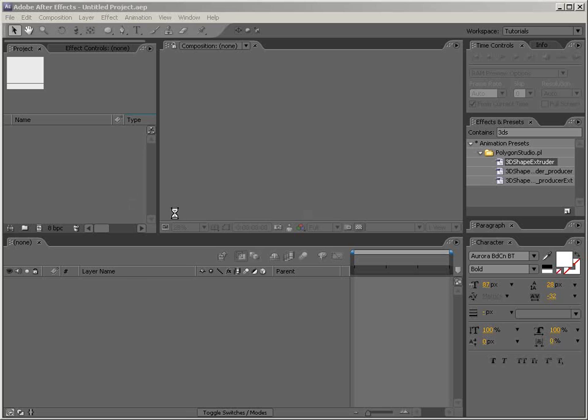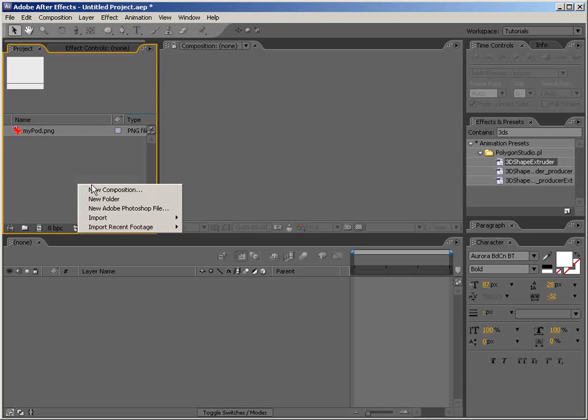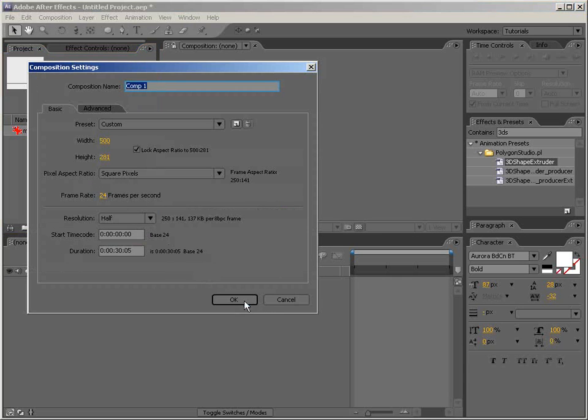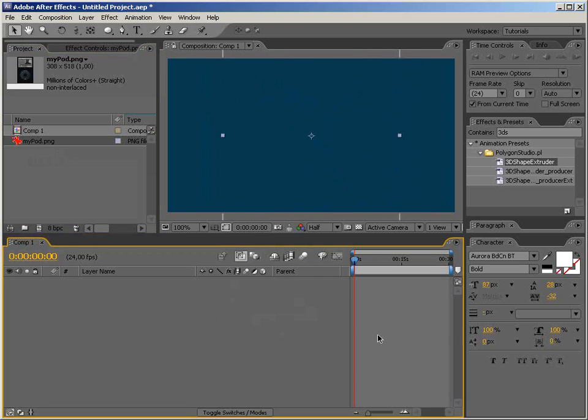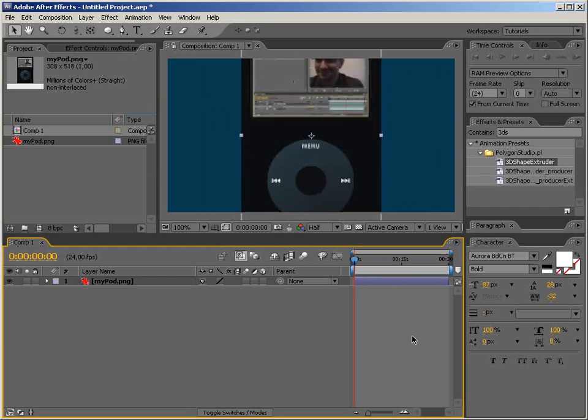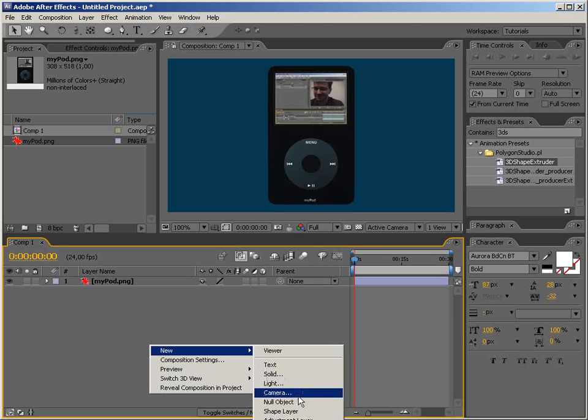Our company Polygon.pl, Polygon Studio, has introduced a new exciting product that you can get on the market, and it's a portable MP3 and video player, which is called, ta-da, MyPod. Yeah, that's right. So this is the MyPod, and the thing we can do with MyPod is we can make it look like a 3D